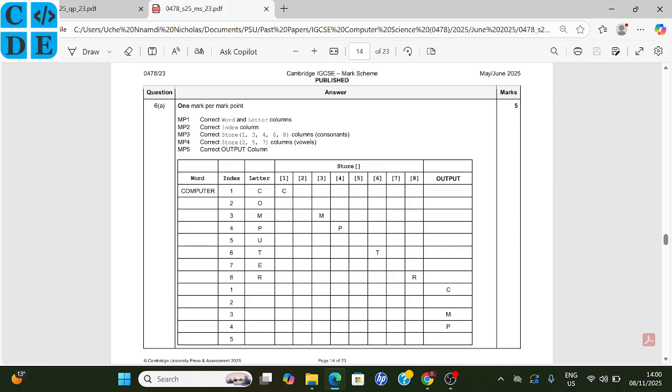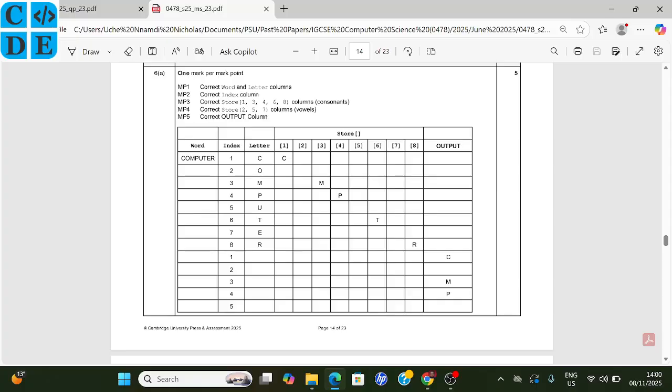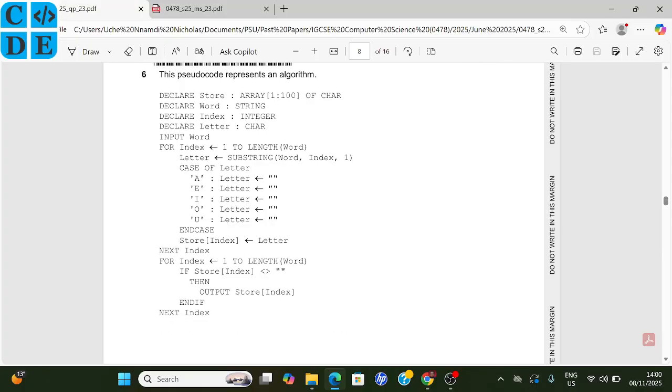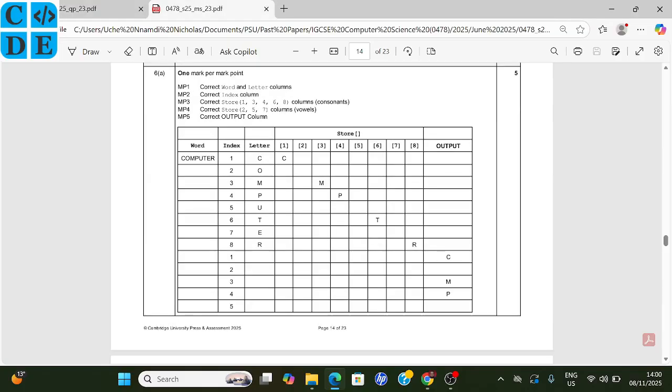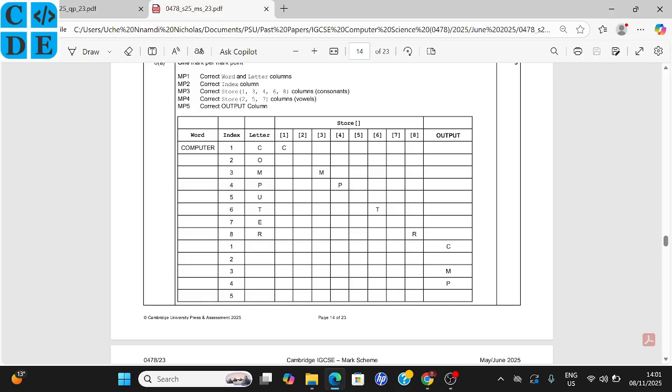Which is the reason I told you guys that it doesn't really matter if we choose to take account of this part of the program or not. The marks will still be given as long as you wrote the next value that should be entered. Again, the same thing follows up with the later part. So here if you check, you'll see that they are marking the column only. They say correct store 1 2 3, you see